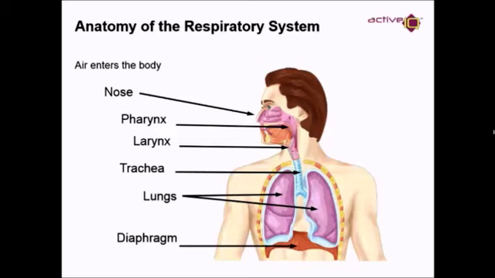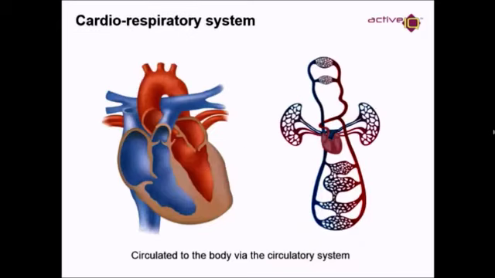As it contracts and relaxes, it changes the shape of our lungs, and we'll look at that in a little bit more depth. And just touching back to the point at the start before we get onto the diaphragm, the circulatory system is very closely related to the respiratory system, because once we bring in that oxygenated blood,